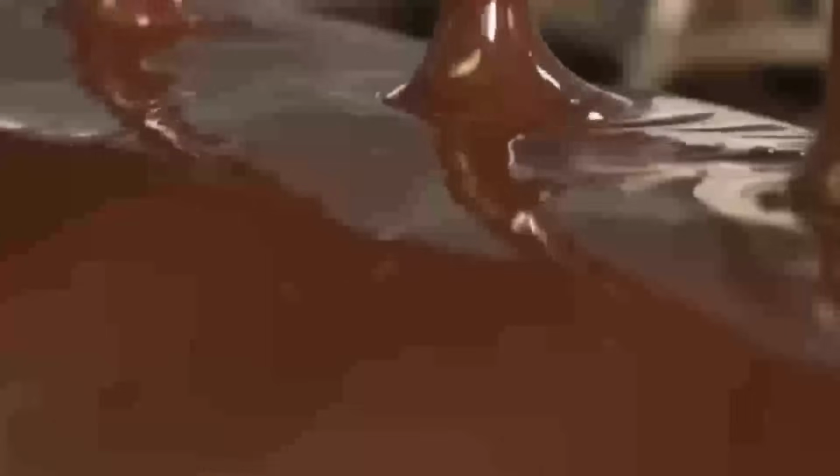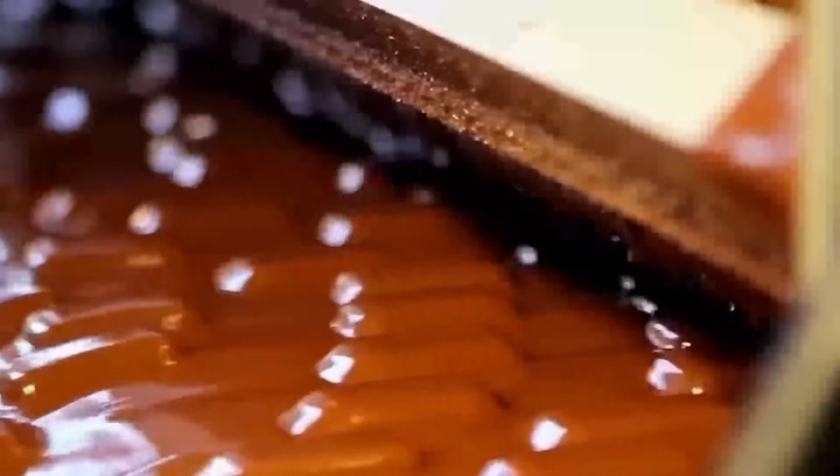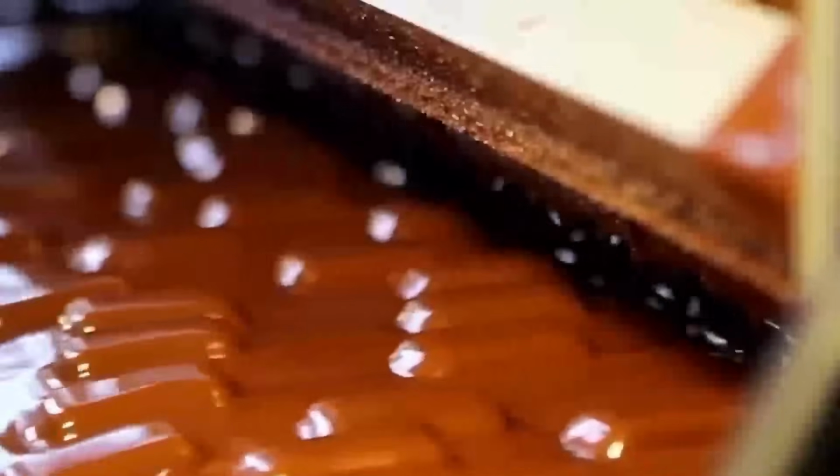Now it's time to go into the chocolate enrobing stage, which marks the beginning of the transformation from a basic assembly of ingredients into the finished, glossy, consumer-ready candy bar. This process involves fully coating the almond-topped coconut cores with a layer of milk chocolate. But this is no ordinary chocolate. It has been specifically formulated and tempered to provide the right snap, shine, and melt-in-the-mouth texture that defines the Almond